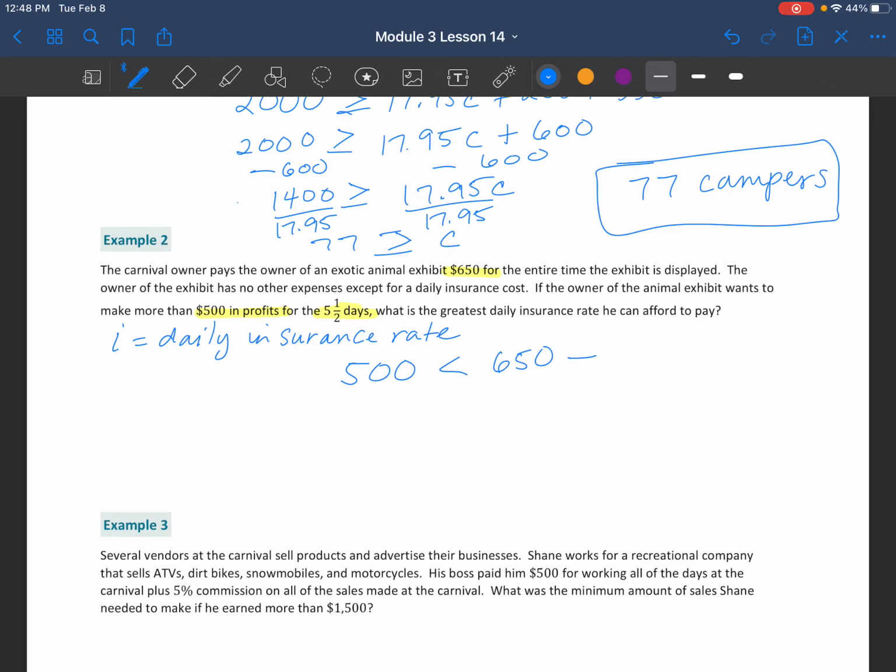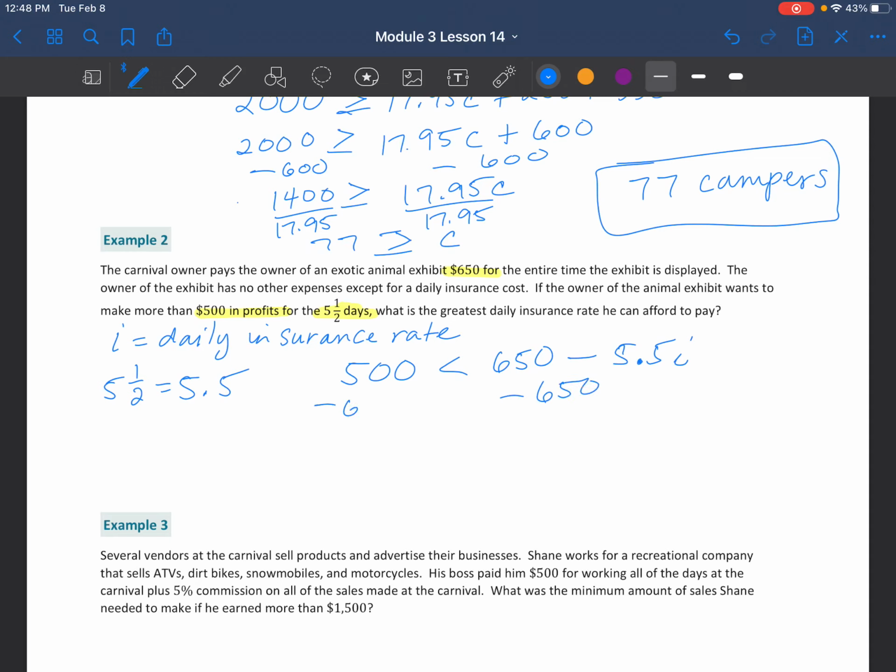So we would say less than, but we don't want it to be equal because we want it to be more than 500. Okay. So 500 has to be less than our 650 minus,